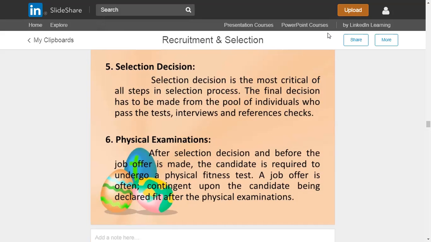All those environments have different kinds of physical requirements, physical abilities, physical capabilities, and different physical tests to determine the fitness